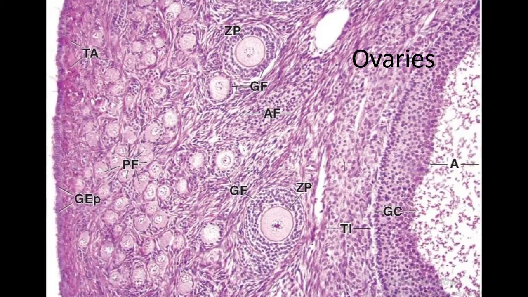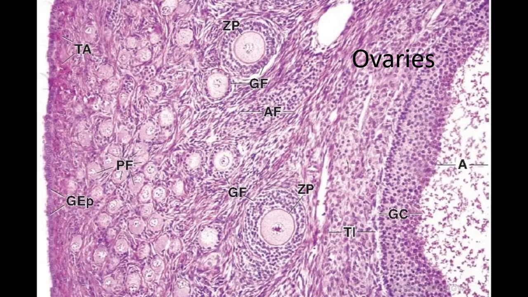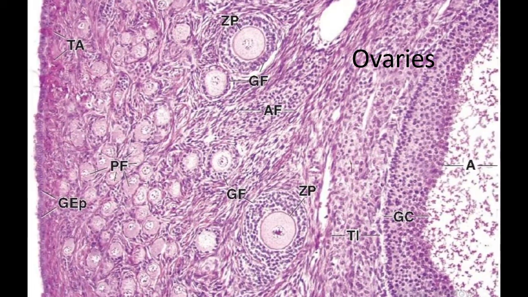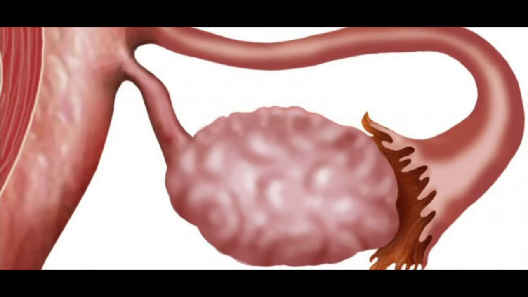Ovaries. In this histological image we can observe AF, atretic follicle; FC, follicular cells; GEP, germinative epithelium; GF, growing follicles. The main functions of the ovaries are the production of gametes, oogenesis, and the production of steroid hormones, estrogens and progesterone, steroidogenesis. The ovaries have a medulla in their center that contains connective tissue, nerves, and blood and lymphatic vessels,